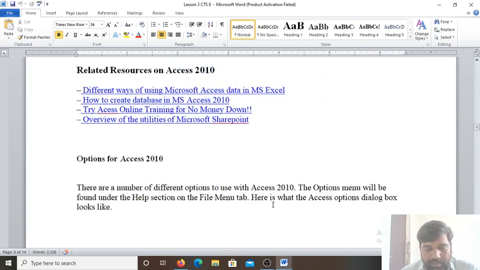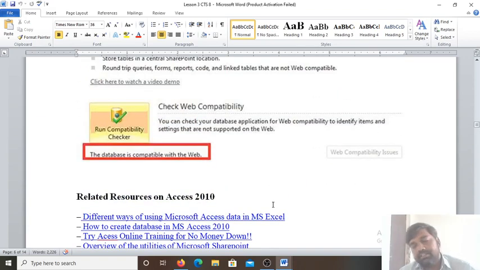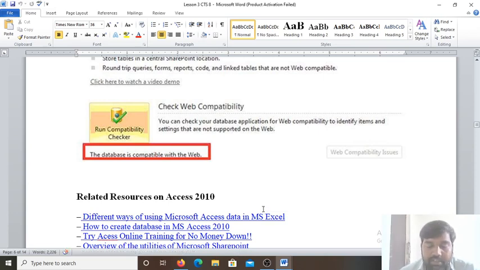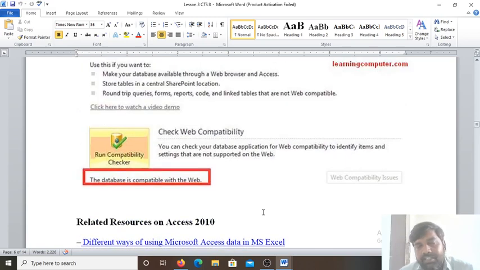Next, the data: a set of characters that represents a valid value. A set of characters which is a valid value for a table, which the columns hold, is known as data. For example, roll number 1, Sandeep as the first name, and the marks of the different subjects are all the data values for specific fields of the table. While designing the table, we also declare what type of information my field is going to hold.